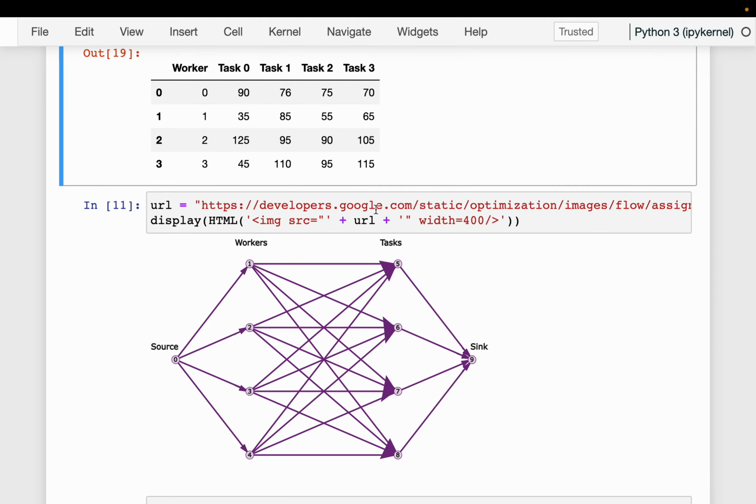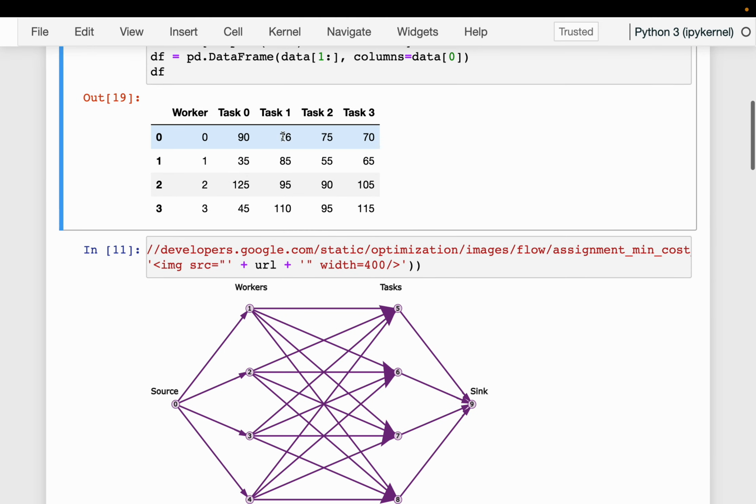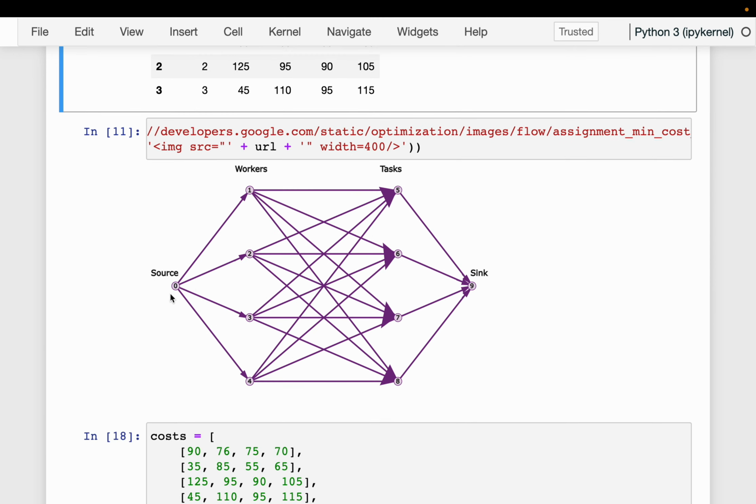So what we did is we posed this problem as a network flow problem. We added a fictitious source and a fictitious sink, right? Here we have the 4 worker nodes, and here we have the 4 task nodes, and each worker can take any task, so each worker node is connected to 4 task nodes. Then we have the source and sink. At the source, we started with 4 tasks